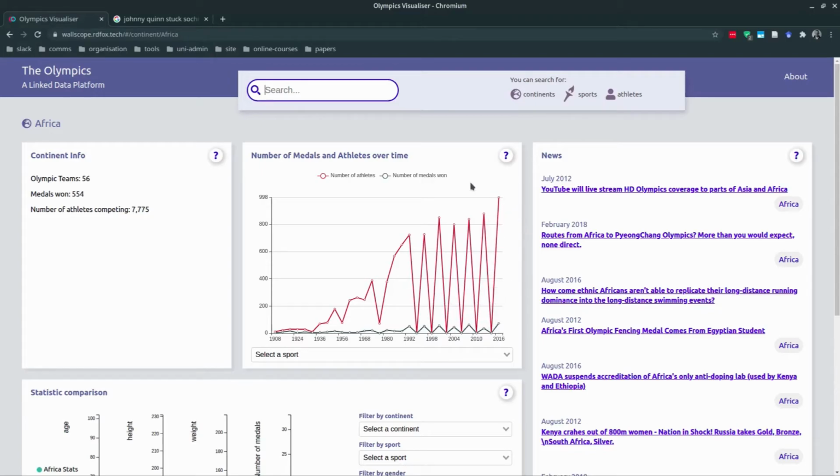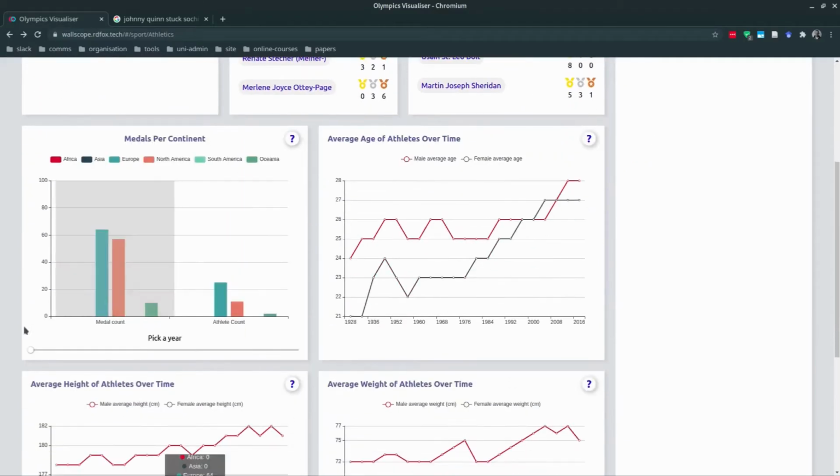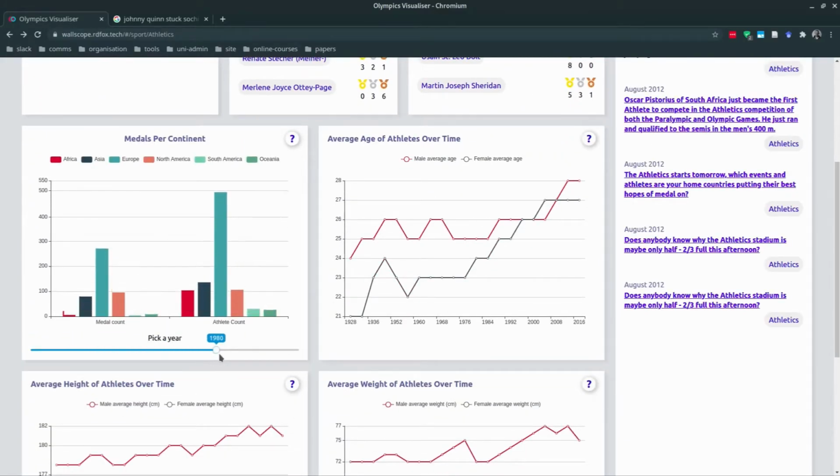While playing with the platform during the development phase, I noticed something of interest. If we go back to the sport view, athletics, and look at the medals per continent chart, move this to 1972, Africa has a normal looking number of medals on track with previous years. However, in 1976, this dips drastically low, before rising back up. Also in 1980, there's a huge dip in North America medals, which then later spikes back up again. So I thought this was strange and looked into it.